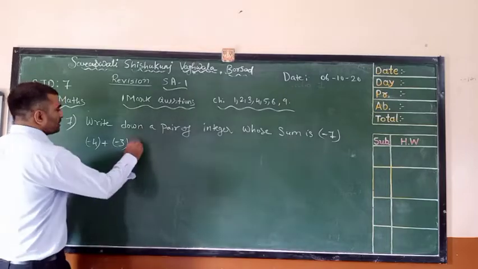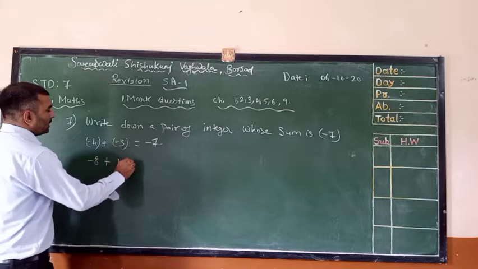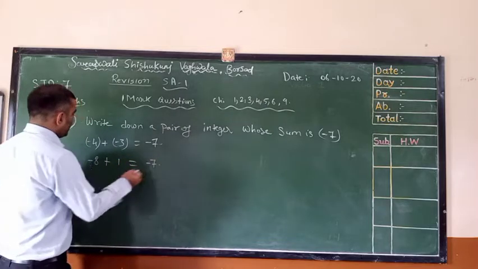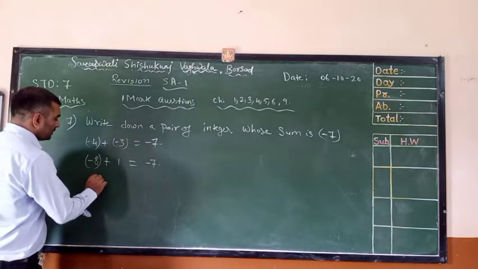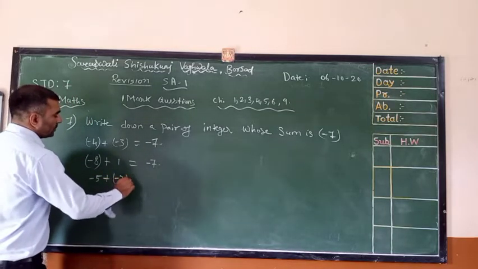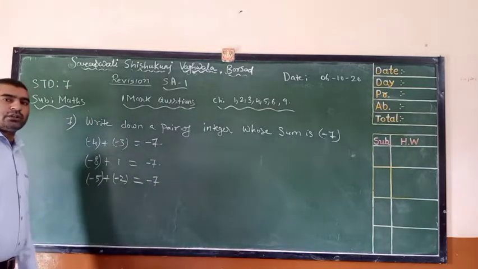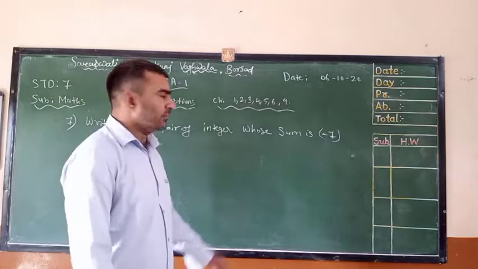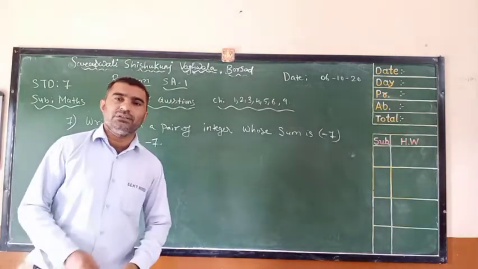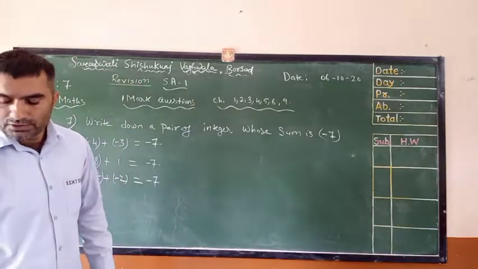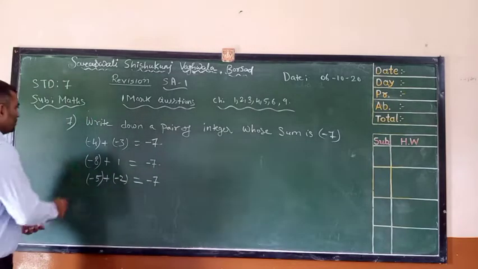So minus 4 plus minus 3 is minus 7. For example, minus 8 plus 1, that is also minus 7. I can use this also, right? Now minus 5 plus minus 2, that is also minus 7. So you can use any integers, right? If it is not given in the question that you have to use both negative integers, then you can use any integers and the sum must be minus 7. Now the next question,